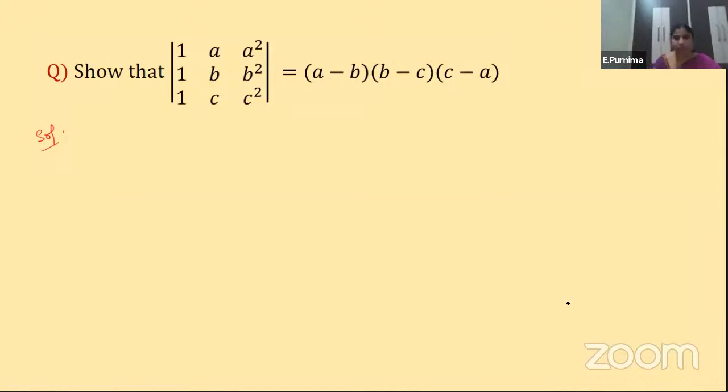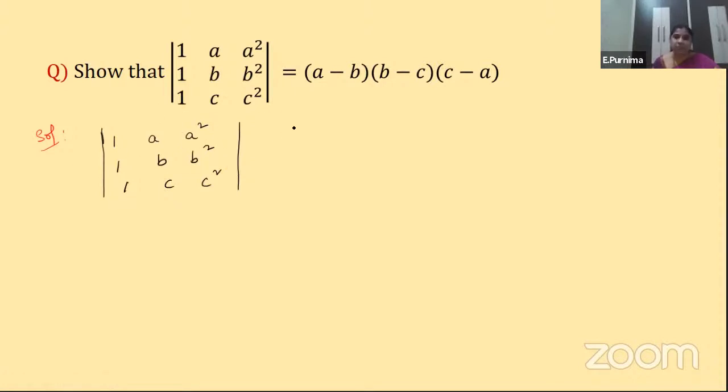So that's a simple sum I'm going to tell in today's class. Now here, usually what is the method we know to find out the determinants? 1 b square, 1 c square, this is our matrix or determinant. For this we are going to find out the determinant, so that's why we are writing it between the vertical lines. To find out the determinant, what is our usual method? We expand the determinant along the first row or first column, anything. Here there is no zero, and you cannot use any property directly. Till now we have seen so many properties.